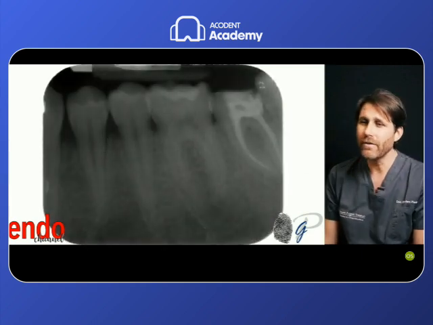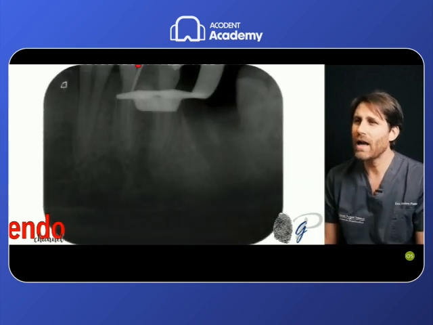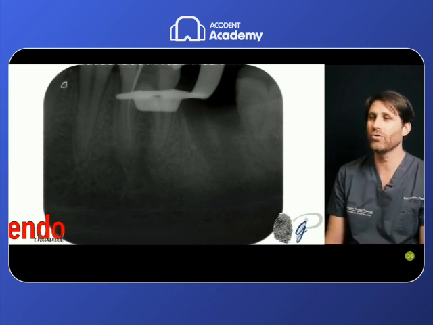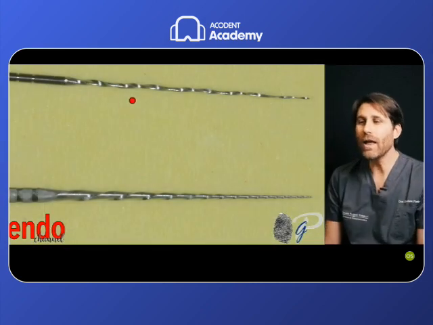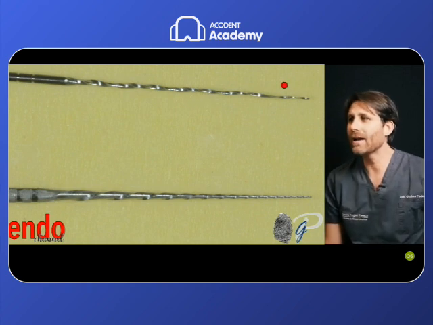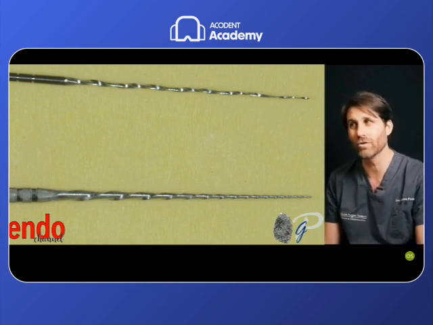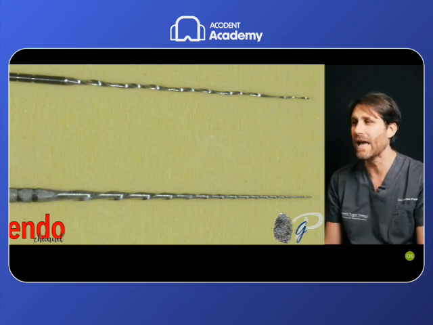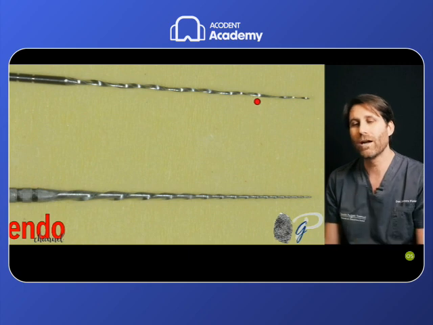This is another case, in a lower molar, in which we tried to scout the apical third manually, but I was not able to reach the final working length under the control of the apex locator. I still missed 1 or 2 millimeters. Again, I used another file in rotation, trying to scout this root canal mechanically, and again I had a deformation, and I was lucky that in rotation I had no fracture. But I had a deformation because of the risk given by the rotation in these cases, and probably also the design of the file not made specifically for this purpose.